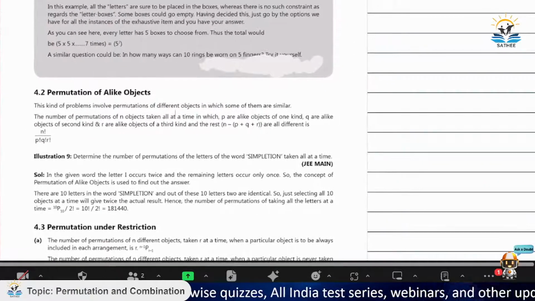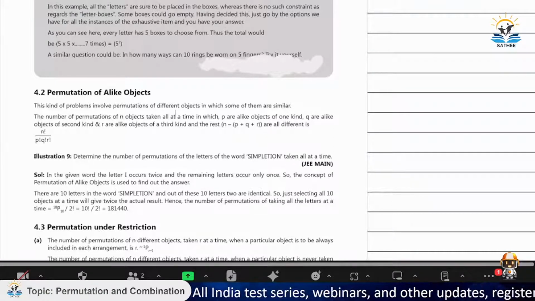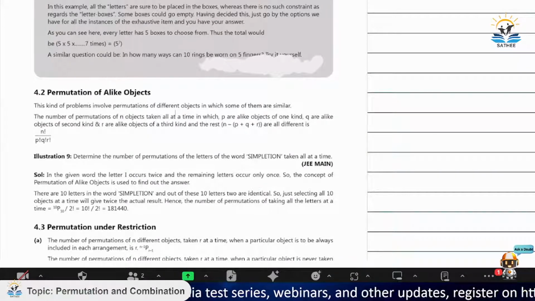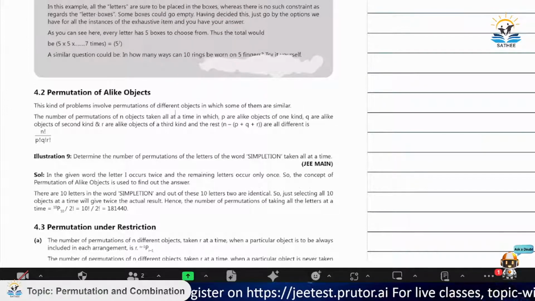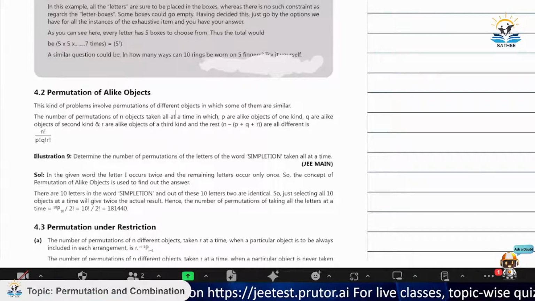Now, permutation of alike objects. So, alike का मतलब है कि सारे objects एक जैसे हैं. ठीक है. This is also very something that we should discuss: कि ऑब्जेक्ट डिफरेंट और सेम होने में भी काफी फर्क पड़ता है on the number of ways that you are solving a question. अगर ऑब्जेक्ट सेम है तो वो परम्यूटेशन अलग हो सकता है, और अगर ऑब्जेक्ट डिफरेंट है तो परम्यूटेशन अलग हो सकता है. फॉर एग्जाम्पल देखते हैं अपन.